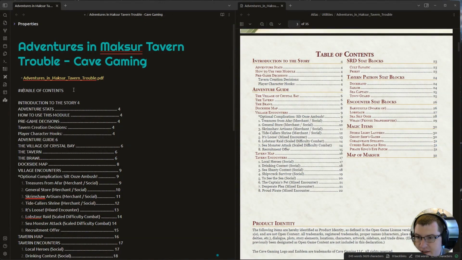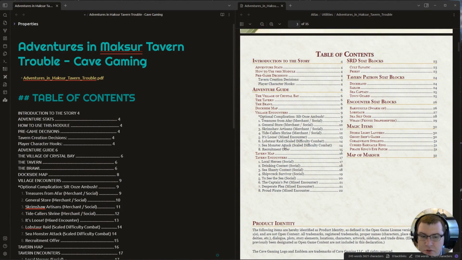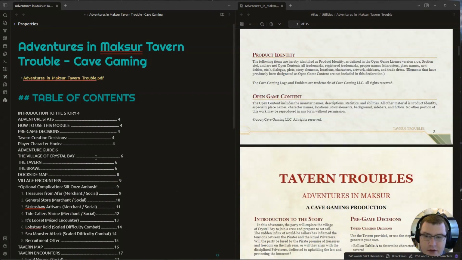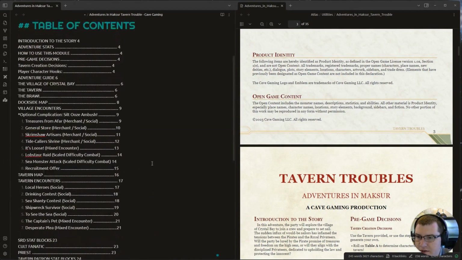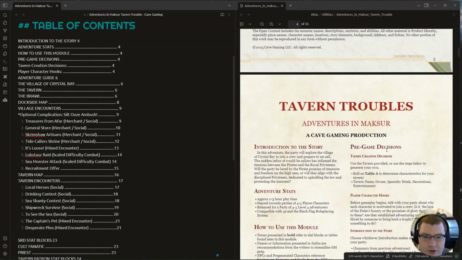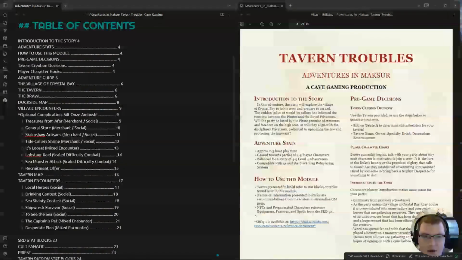And you can even add your headings in like this. And you can pull more or less in, but I'm just going to do that for the moment, because I like to give it an overview, gives you a good look, and then I would see which things am I most interested in. Well, I know I want to pull this little thing in, this introduction, and then adventure stats, because that's useful